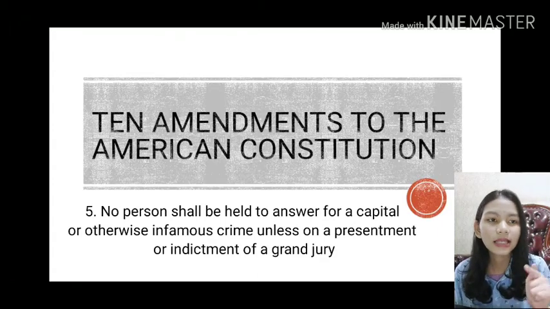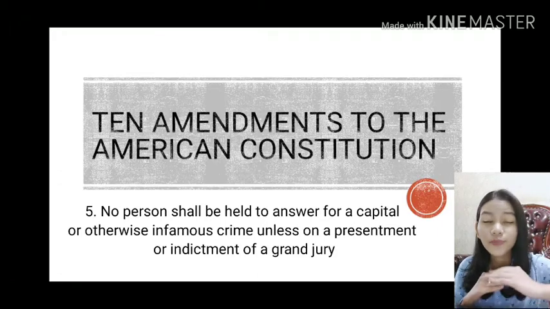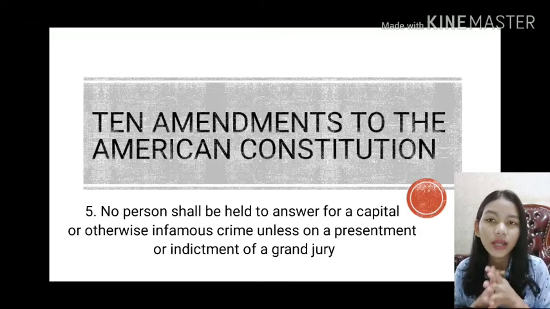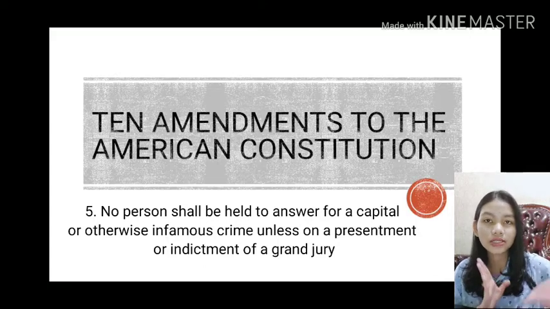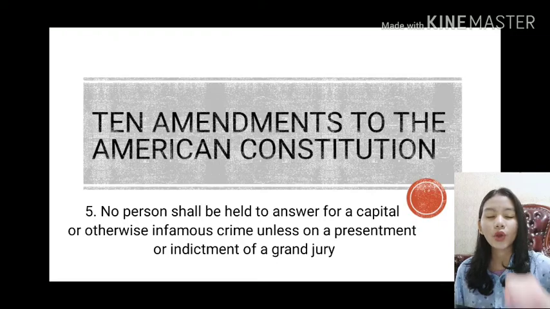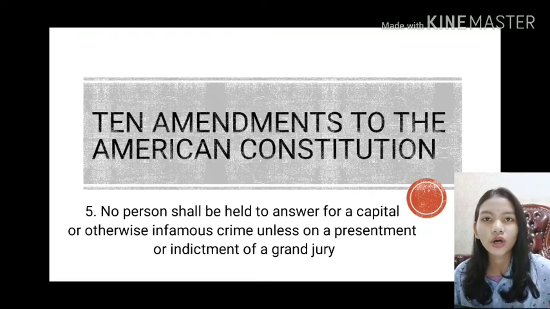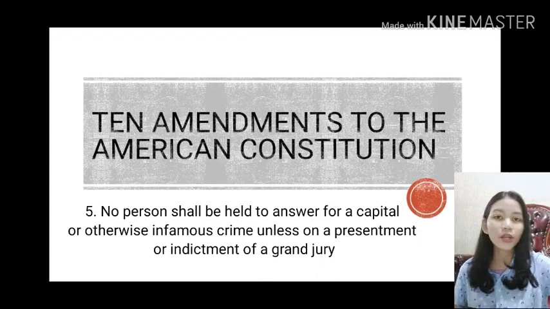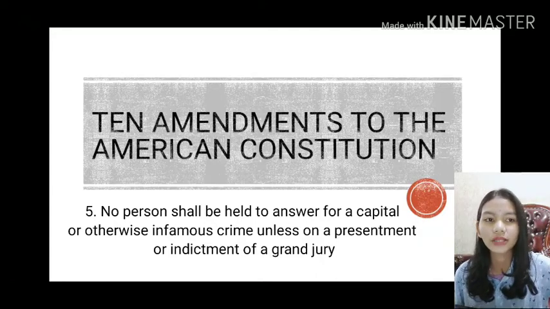It states that no one must be held responsible for a crime that could be sentenced to death or imprisonment except based on submissions or accusations from a grand jury, except in cases originating from land or sea forces or in the militia while serving in the war or during public danger, nor can anyone be charged with the same offense twice